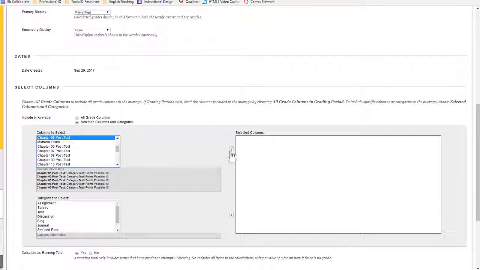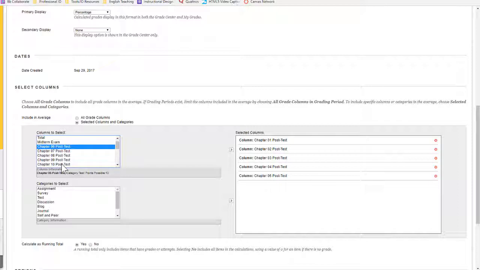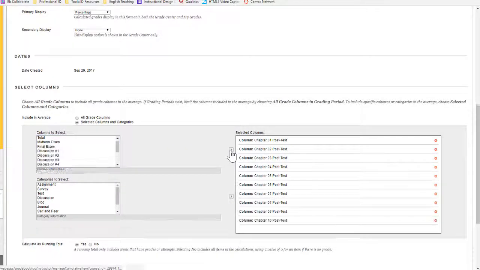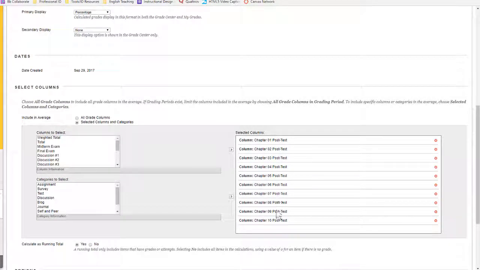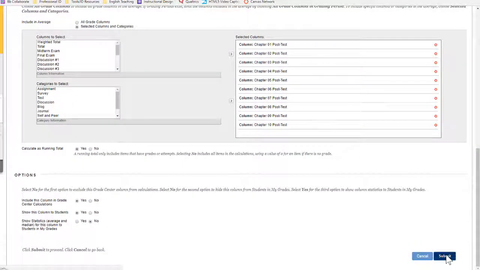There's chapters 1 through 5 quizzes, and click the button to the right of that to add to the selected columns list. And then I also need to make sure I get chapters 6 through 10. And again, use the button to the right to add those. I can double check my list to make sure that I haven't missed any quizzes, check the selected columns to make sure they're all there, and then hit Submit to save.